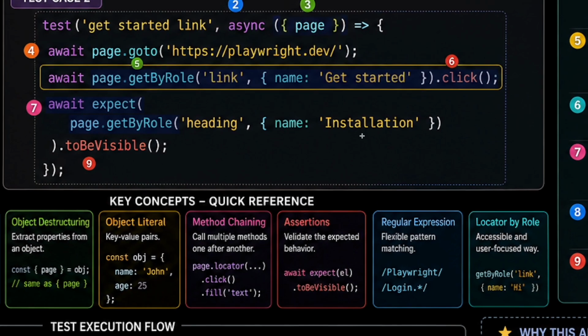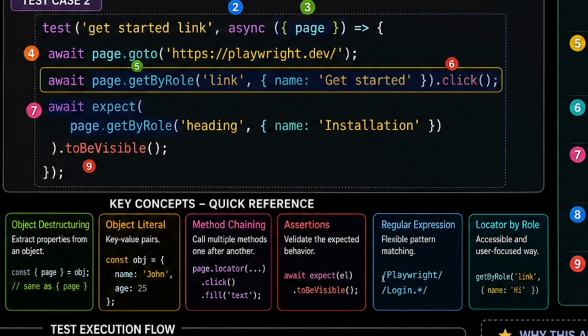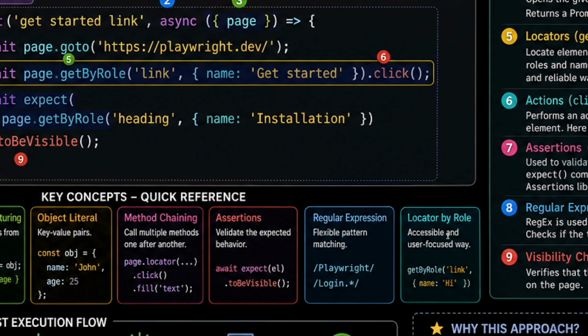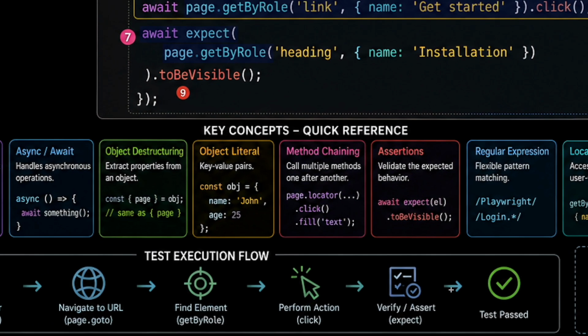Regular expression. Similar to that, you can add a slash in the beginning and the end, and that is how you can add a regular expression. So to identify any element, use getByRole, and inside that you add how you want to identify. Here it is an example, that link, and that link should contain this particular name. So these are the key concepts in TypeScript,